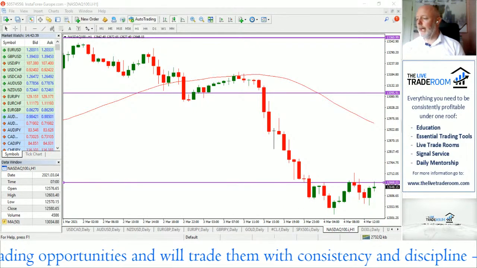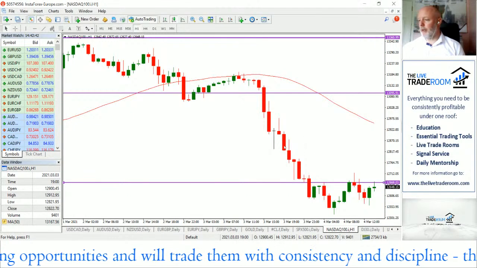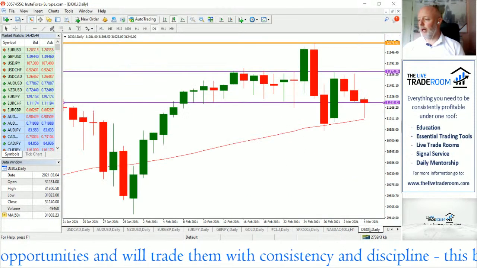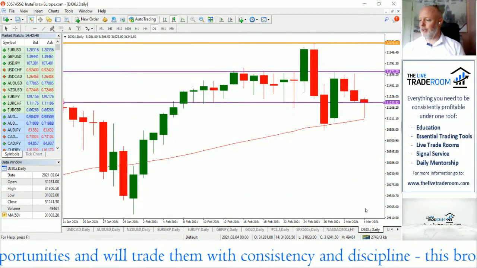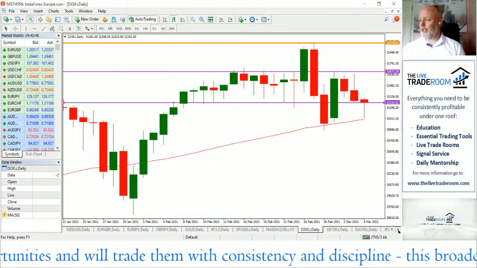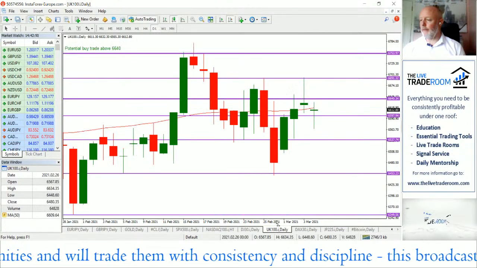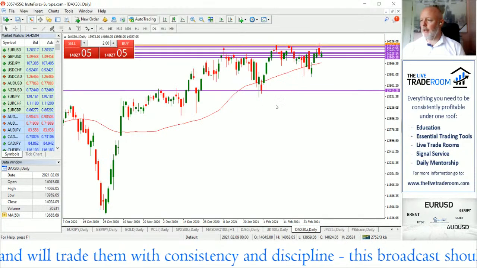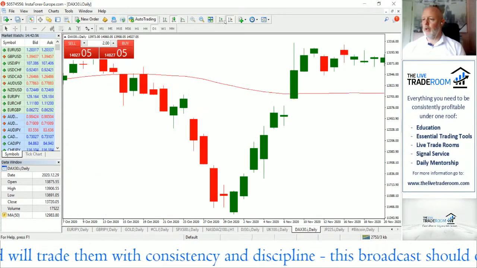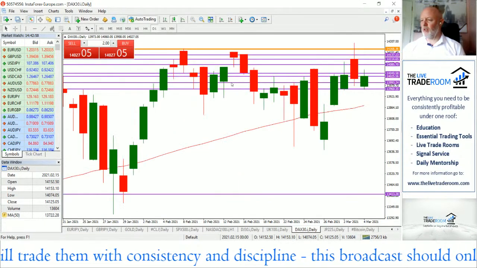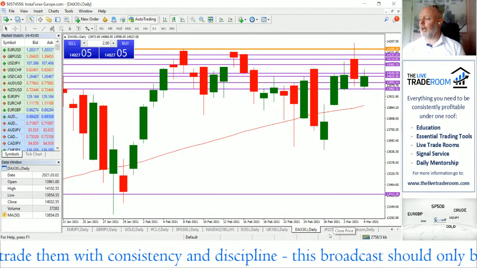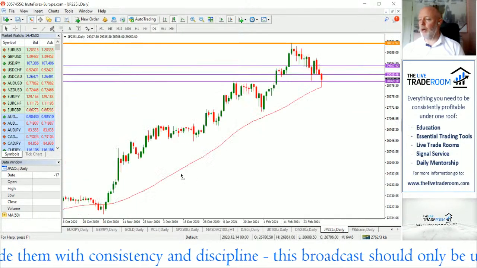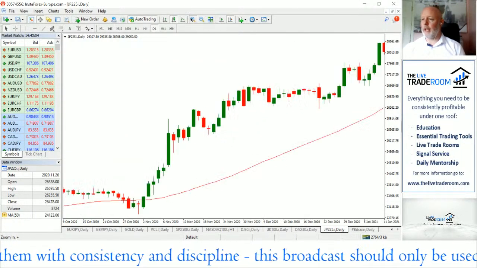So we can certainly keep an eye on these markets and see which markets give us the best opportunity. But as you can see, the quality of the price action is really not great. FTSE literally doing nothing like it was doing yesterday. The DAX is a very sort of choppy up and down type of market, so we're not really enjoying trading that either. And the Nikkei,